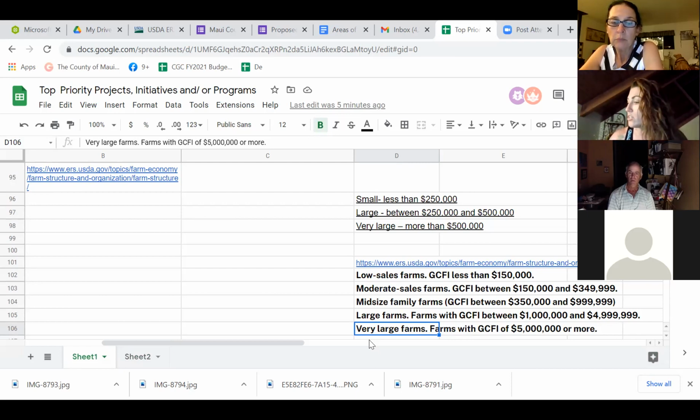So we're not using farms. We're going to change it to agricultural operations. And for the low farm sales, we're not just putting less than 150,000. We're saying 1,000 to 150,000. And then we're also going to add in the language that the department must accommodate and provide cultural and language sensitive materials, and special consideration for minority owned ag operations. I just wanted to make sure you were part of that conversation.